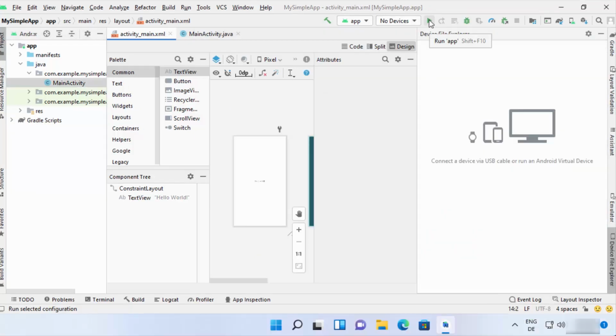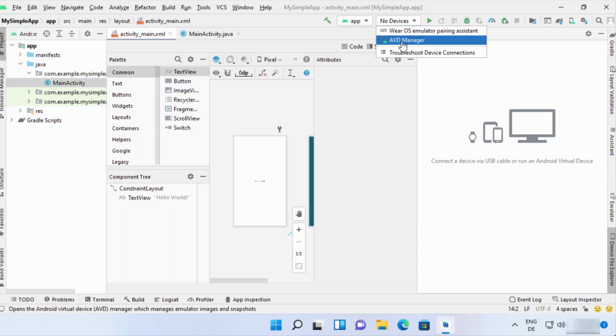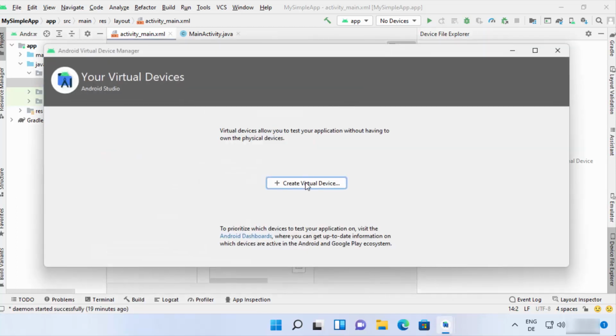But before running your app, you need an Android emulator where you will run your app, right? You have created your app, but where will this app run on your device? So you need to add a device. So I'm going to click on this no device option and then click on AVD Manager. And you can see it says virtual device allows you to test your application without having your own physical device,